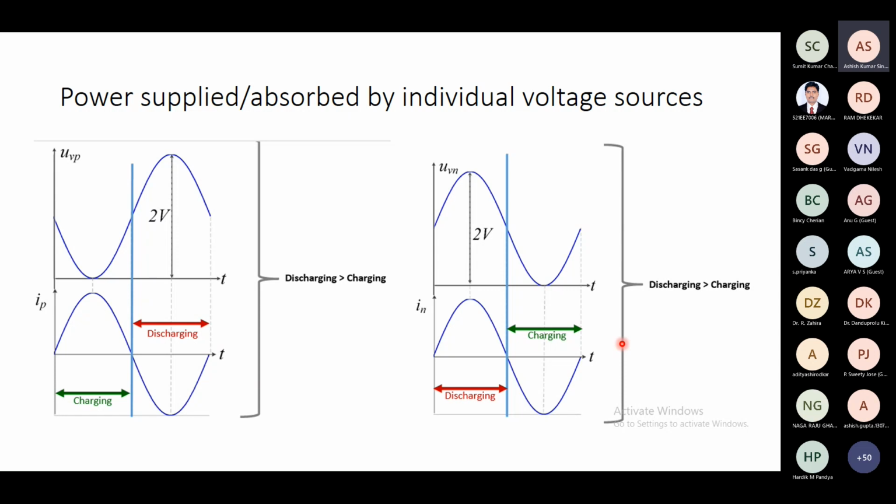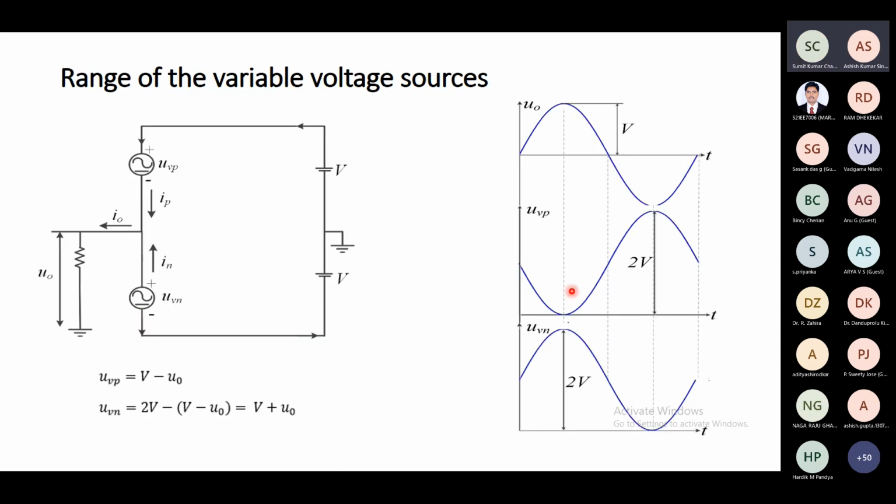That means as of now, if we consider that this is an ideal circuit, these are the ideal sources, and these voltage sources are also ideal. In such a case, only AC current is flowing, and that AC current is passing through these two DC voltage sources. In a DC source, if AC current is passing, what will be the net power handled by the DC source over a cycle? It will be 0, right? It will be 0.